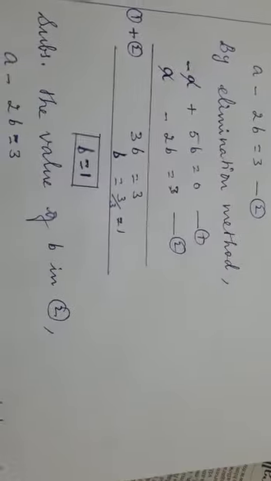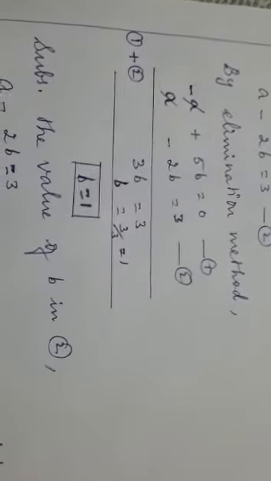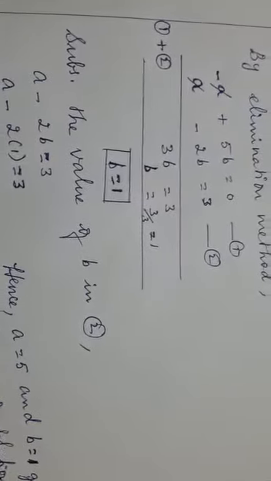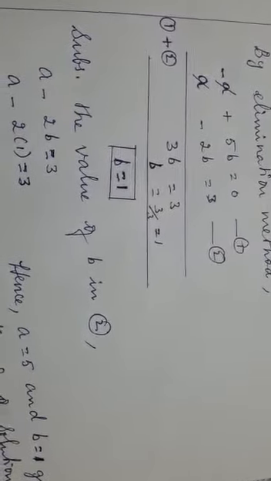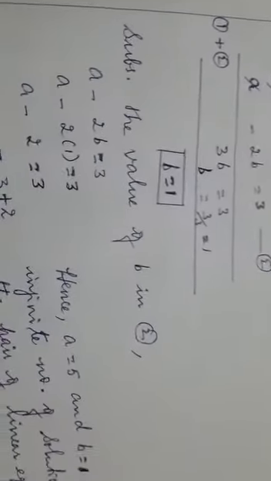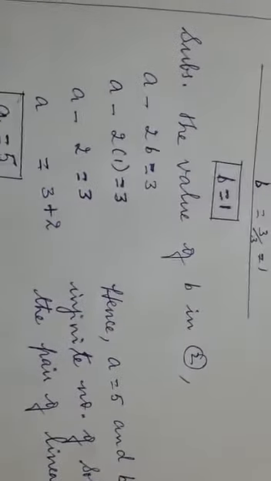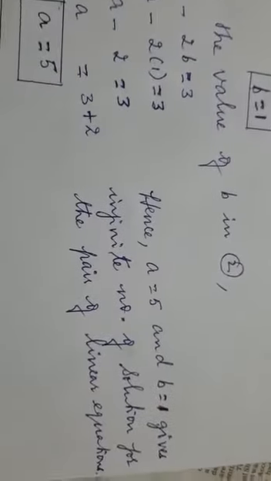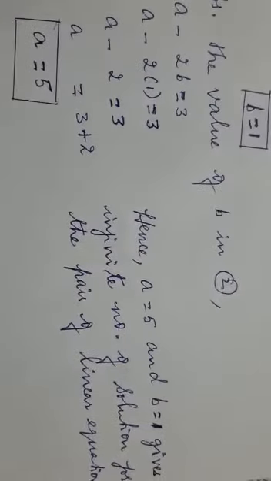Even the cross multiplication method we can use. Any method will get the same answer. Substitute the value of b in 2 or in 1. Any equation you can take. I have taken 2. A minus 2b is equal to 3. A minus 2 into 1 is equal to 3. A minus 2 is equal to 3. A is equal to 3 plus 2. A is equal to 5. Now hence A is equal to 5 and B is equal to 1 gives infinite number of solutions for the